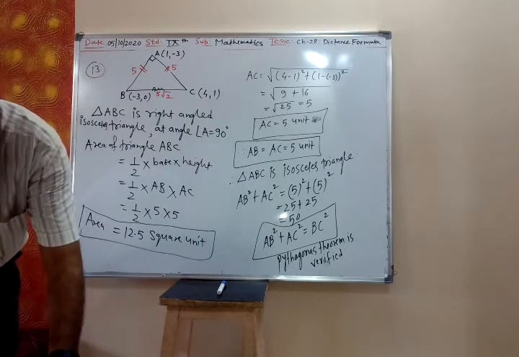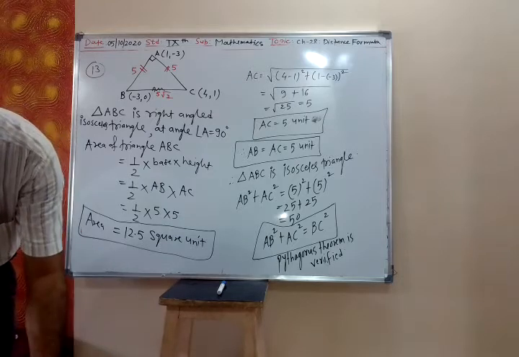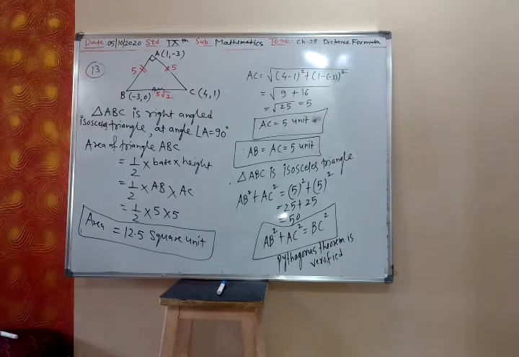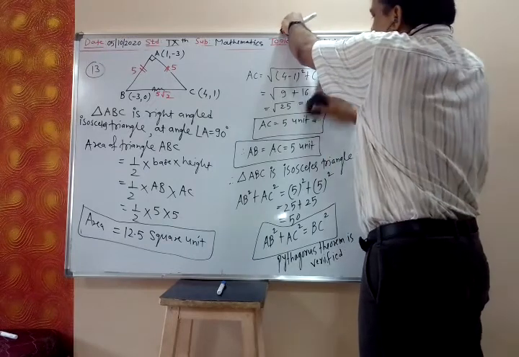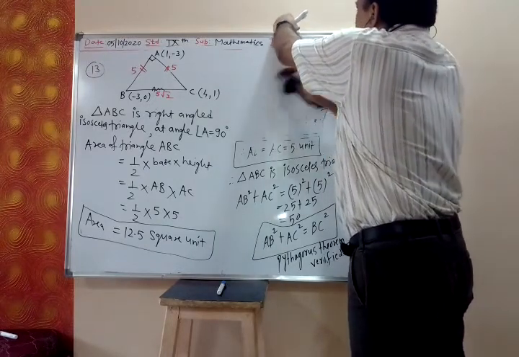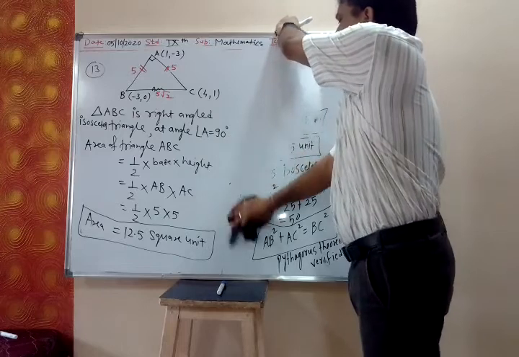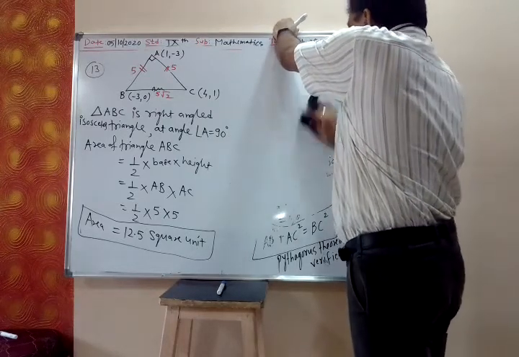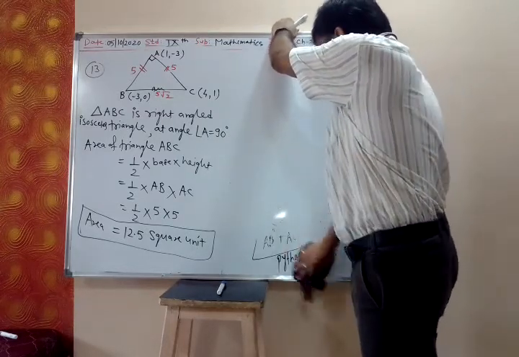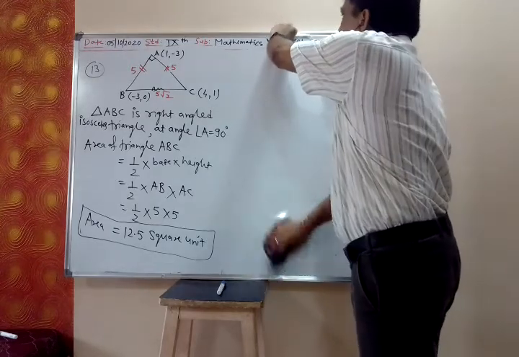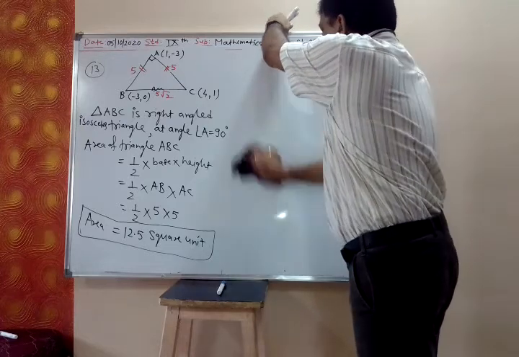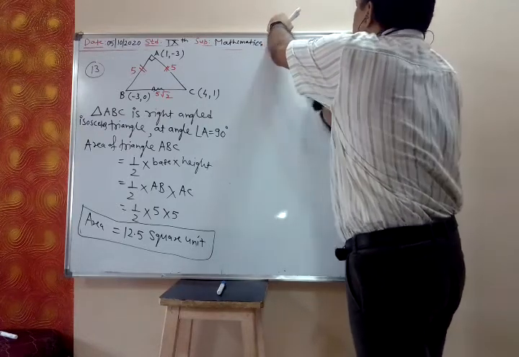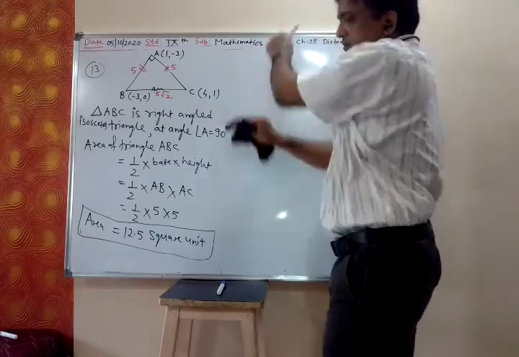So what basically we have shown. Now 14th, I will just give you the hint what is required for square. To show that they are the vertices of square, we show that all the four sides are equal and the diagonals are equal. For rectangle, we show that opposite sides are equal and the diagonals are equal. But for square, we show that all the four sides are equal and the diagonals are also equal. So beginning part let me write, and then calculation part you will do.